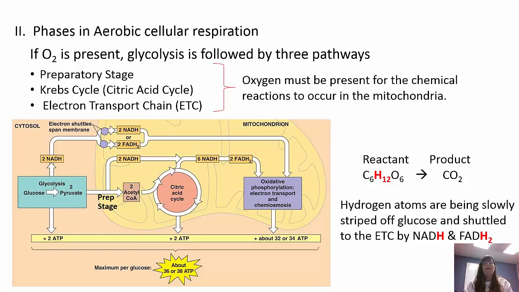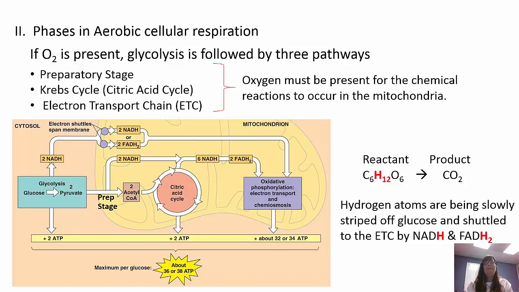The preparatory stage, you have those pyruvates being cleaved into acetyl groups, and they bind with coenzyme A to form acetyl coenzyme A. That then goes into the citric acid cycle or the Krebs cycle. It's the same thing. And again, we'll generate 2 ATPs, 6 NADH, and 2 FADH2s. Those will carry the electrons and those hydrogens to the electron transport chain, where most of the ATP is going